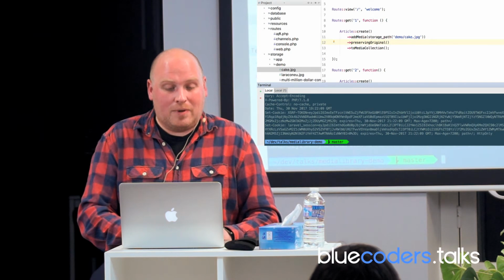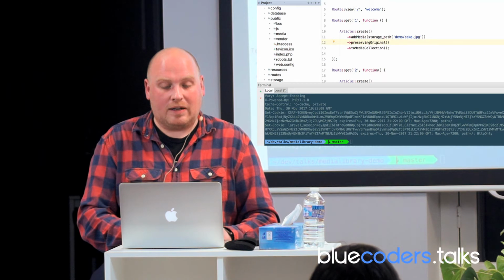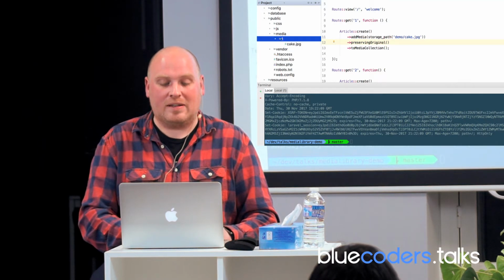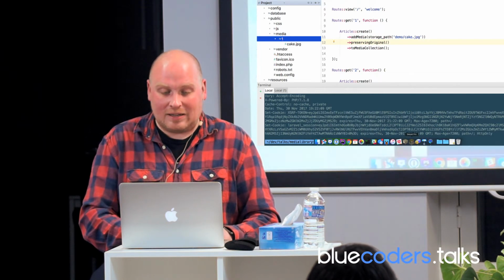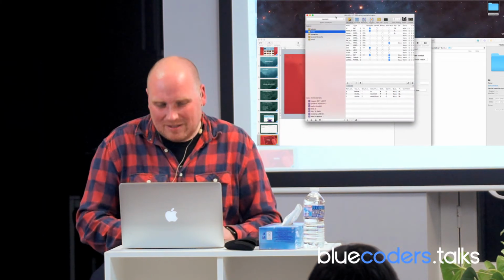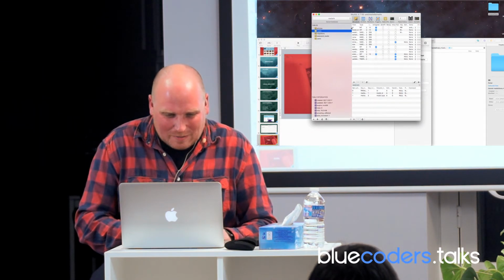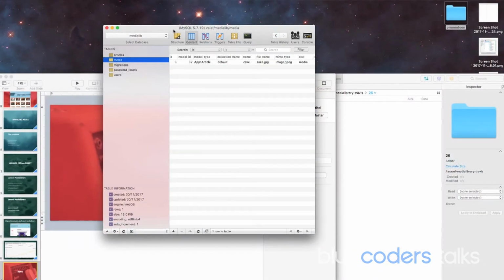And if I go to my public folder here and look inside media, then we have here now that cake file in a directory called 1. 1 is the ID of the media being created. Let's go to the database for a sec. Oh, this is going to be small, I think. And I don't know how to make that bigger, but you have to trust me on this,